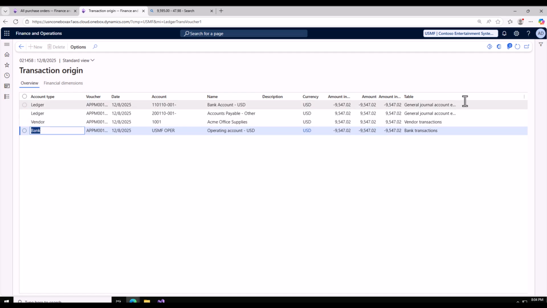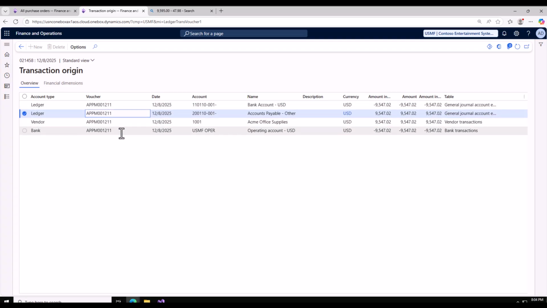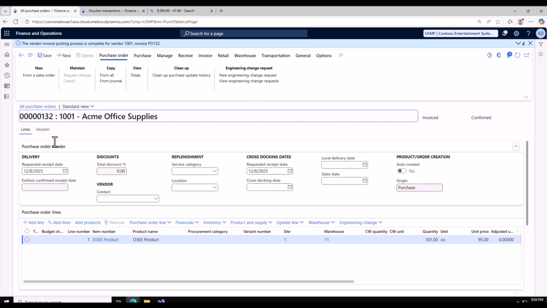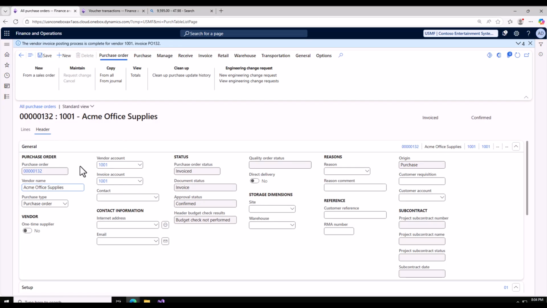General account entry, this is our voucher number. Now let me go to header, and when we go to this vendor, Acme Supplies,